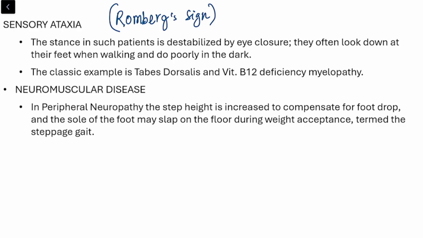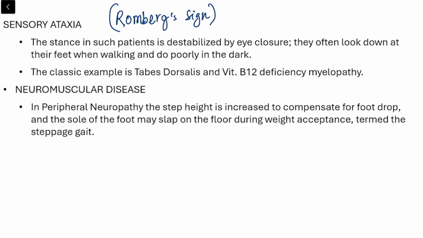As soon as you close the eyes, the patient will tend to fall on a side, on the left side or on the right side, and the lesion will be on the same side of the cerebellum or of the dorsal column, right? Means when there is dorsal column involvement